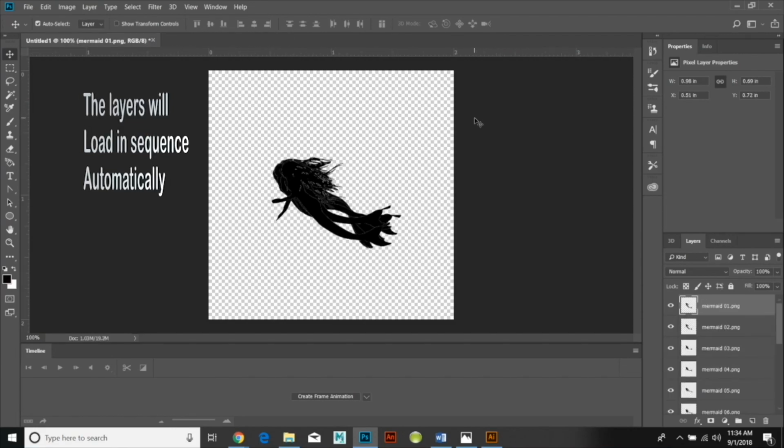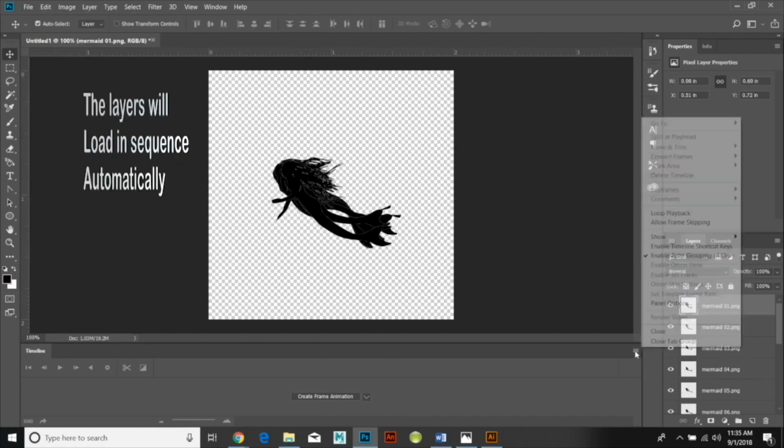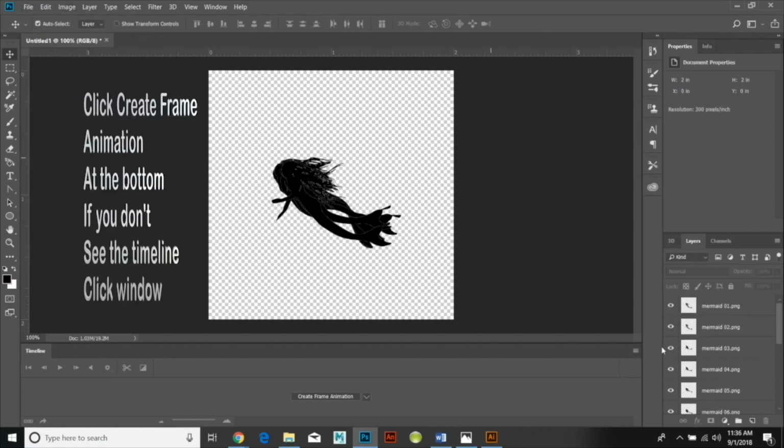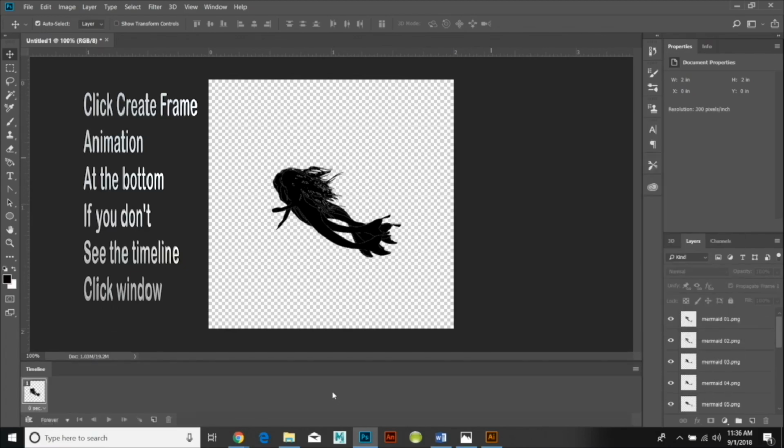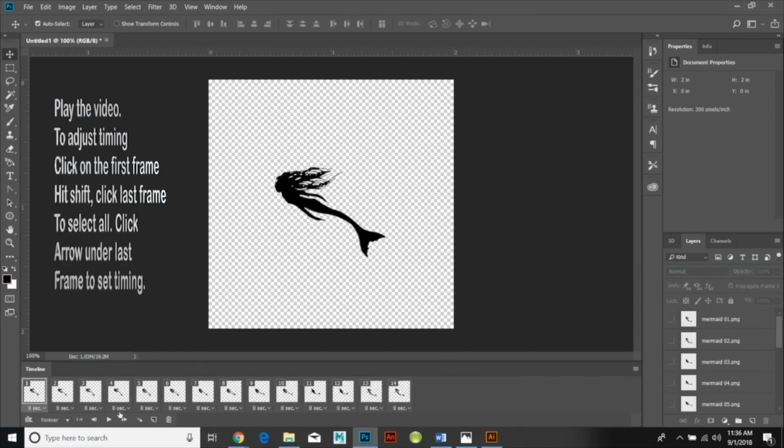I usually like to start with 01 instead of 1, so that if I have more than 10, it still goes in the right sequence. If you look at the bottom, it says create frame animation. If you don't see the timeline, go to Window at the top and click Timeline. After you create frame animation, there's a little drop-down window in the bottom corner. There it is. And you're going to take make frames from layers,